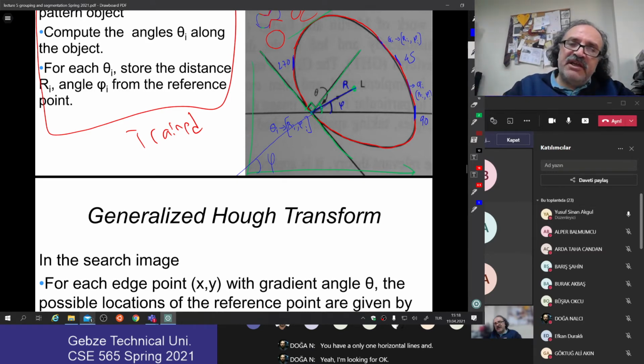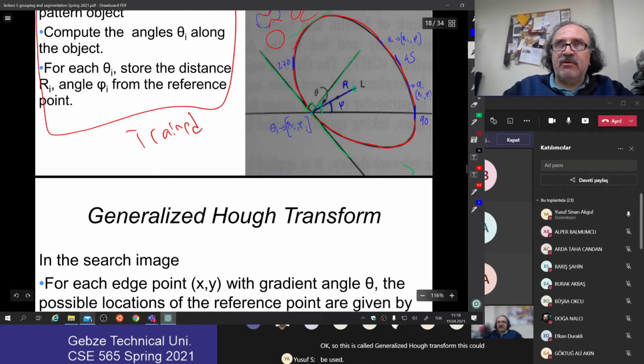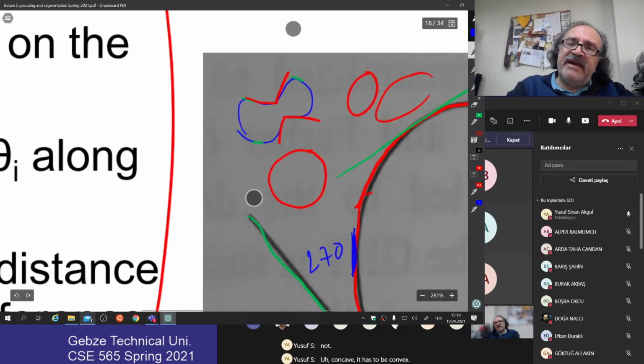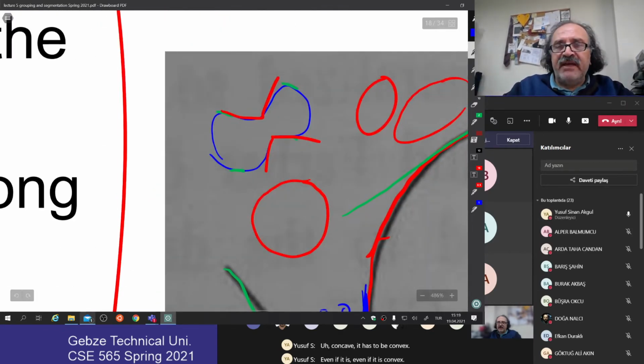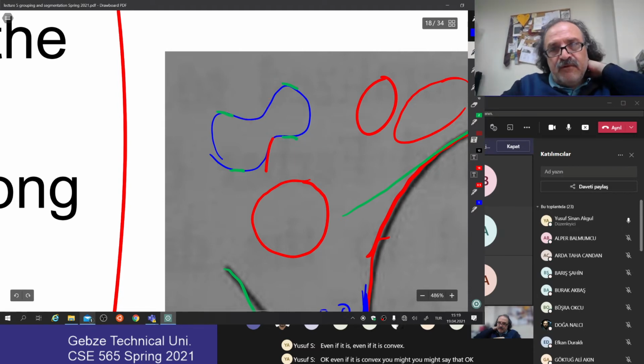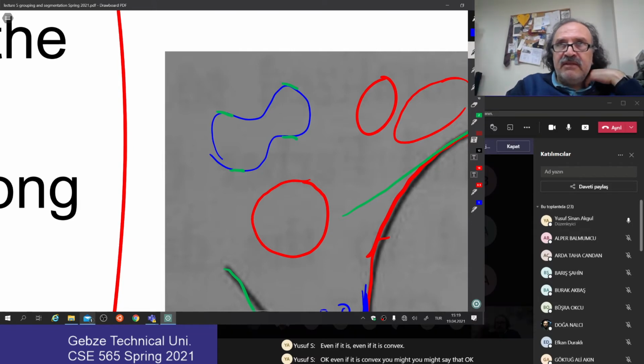So this is called generalized Hough transform. This could be used for places where you don't have a closed-form formula or any type of formula for your shape, as long as your shape is not concave, it has to be convex. Even if it is convex, you might say that, remember, you know that